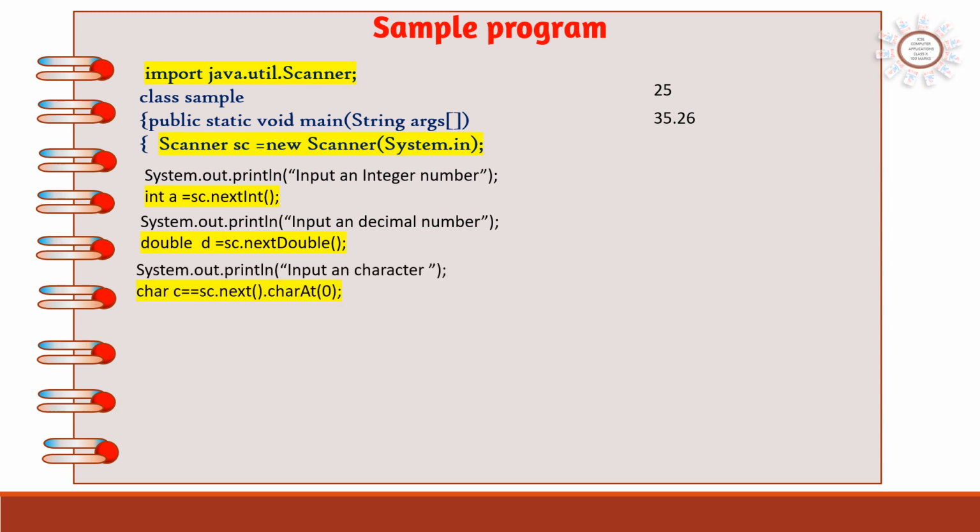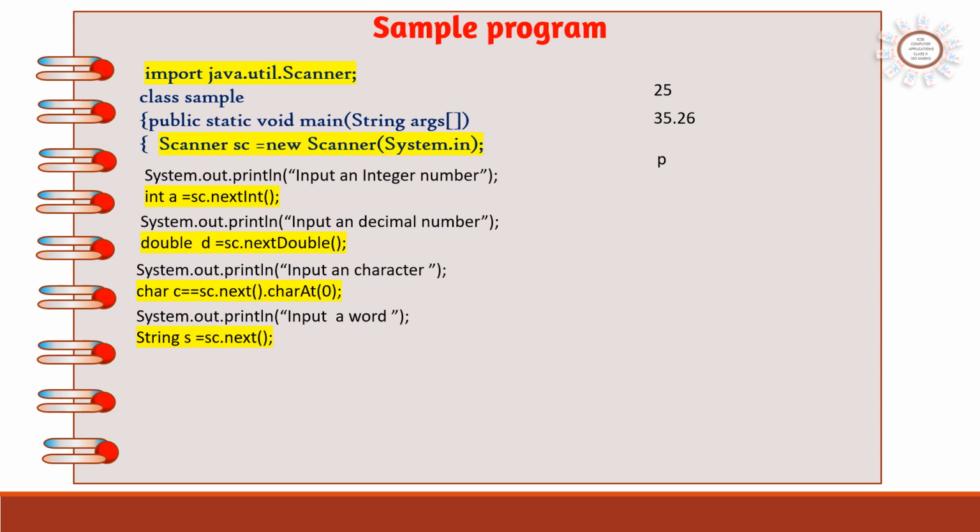And now input a character. So here char c, declare the variable c. And now the command for accepting a character: sc dot next with brackets dot charAt without space, A capital, at 0. So this is the predefined command for accepting a character in the Scanner class. So when you accept the character like this, here one example, it is P. We are inputting P, so that character will be stored in the variable c.